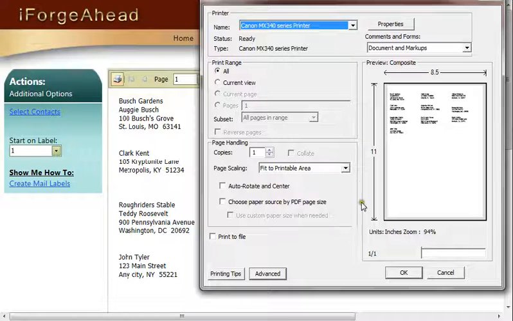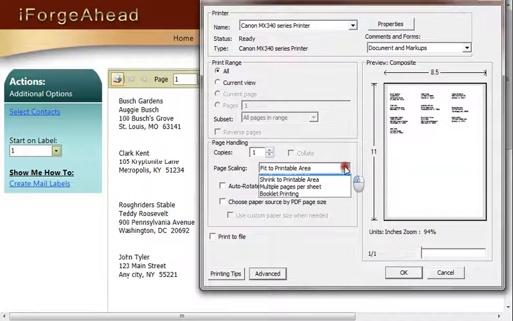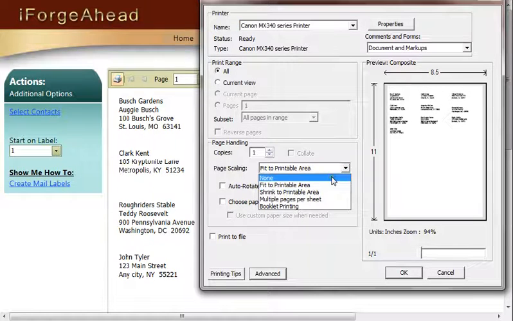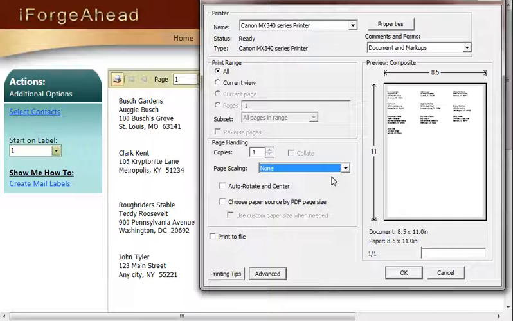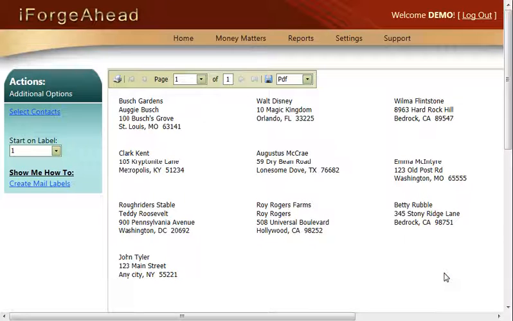Normally you don't need to make any changes on this before sending it to the printer, but for the labels you want to see if your print dialog box includes an option for page scaling, and if it does, you'll change that to say none, and that will make sure that the labels are printed in the correct position. Once everything is correct on this screen, you'll click the OK button to send this to the printer. I'm going to click Cancel because we're in the tutorial,